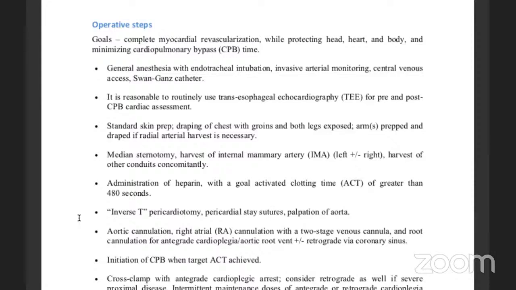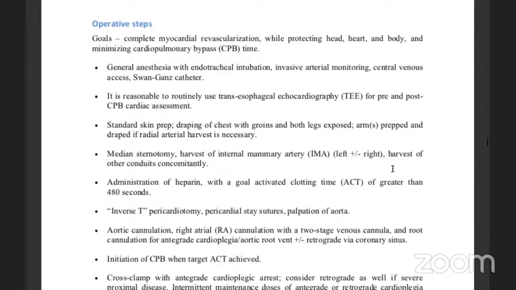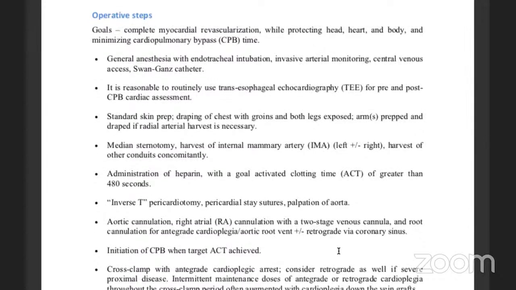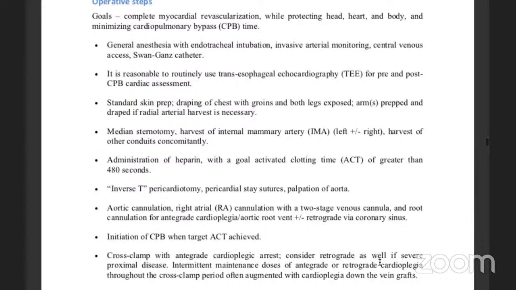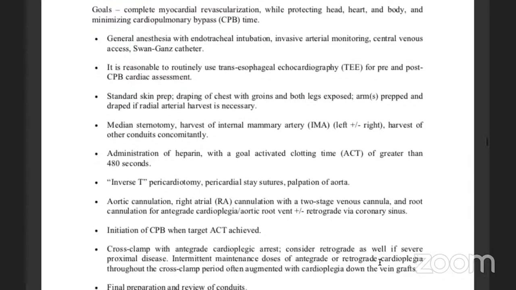And pericardiotomy. Pericardial stay, palpation of the aorta, cannulation, aortic cannulation, right atrial cannulation with a two-stage venous cannula, root cannulation for antegrade cardioplegia and aortic vent, plus or minus retrograde via coronary sinus. And we mentioned what are the indications for retrograde cardioplegia. Initiation of bypass when the target ACT is achieved, cross clamp with antegrade cardioplegia arrest, consider retrograde as well